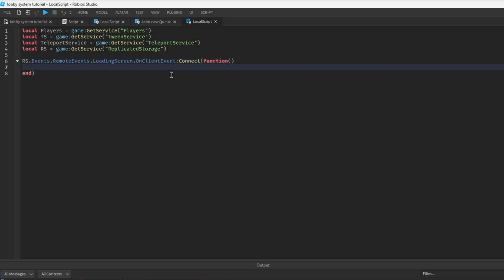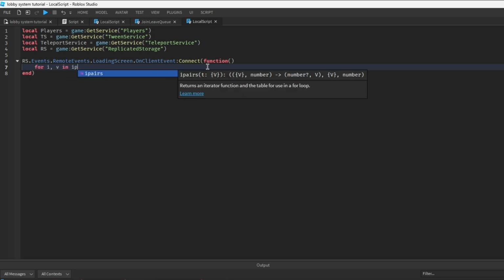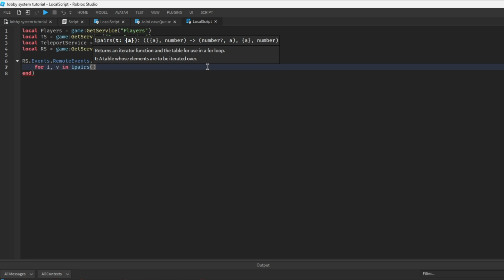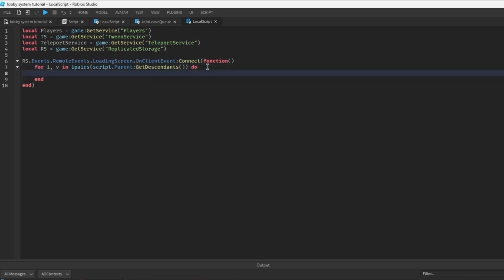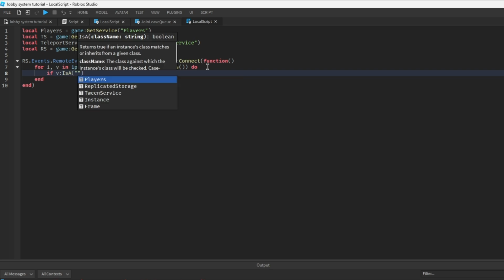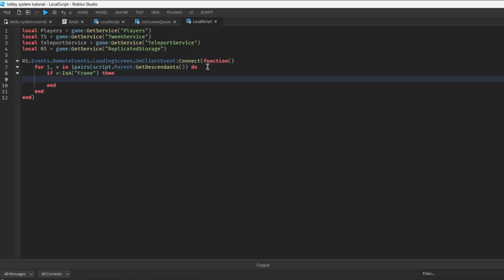In here is where you would disable any of your other GUIs. Or maybe you would want to do that through their scripts, whichever you prefer. So what we're going to do is for i, v in ipairs. And this animation here, you can customize however you want. This is just how my loading screen will work with it. So script.parent, get descendants, do. If v is a frame, then